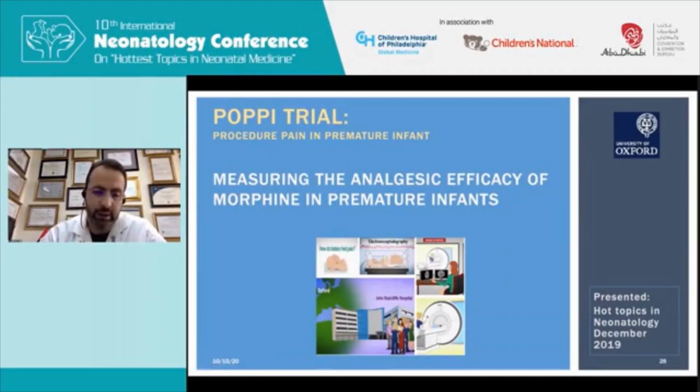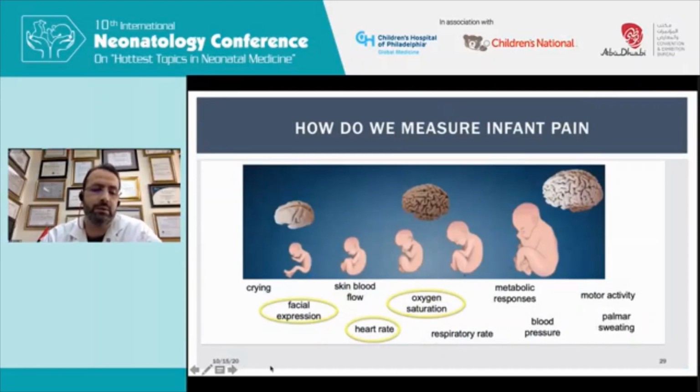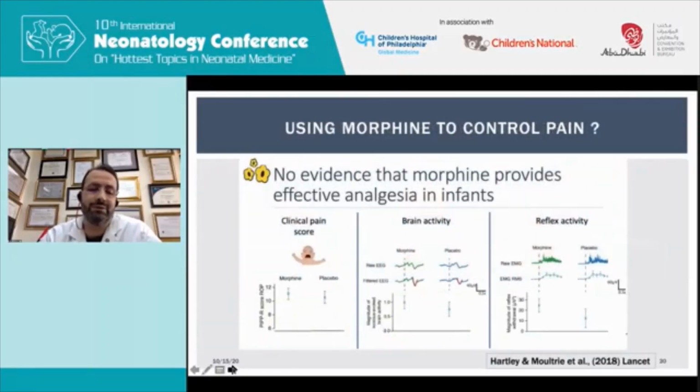analgesia for our painful procedures in the NICU, and sometimes we use morphine as a way to reduce the pain. And we know that babies' response to pain when they're premature is different than when they're full term. Full term babies will give you facial expression, heart rate changes, or oxygen saturation changes. Premature babies, because of the immaturity of their brains, really don't give a lot of signs to indicate pain. So this study, published in Lancet in 2018, compared